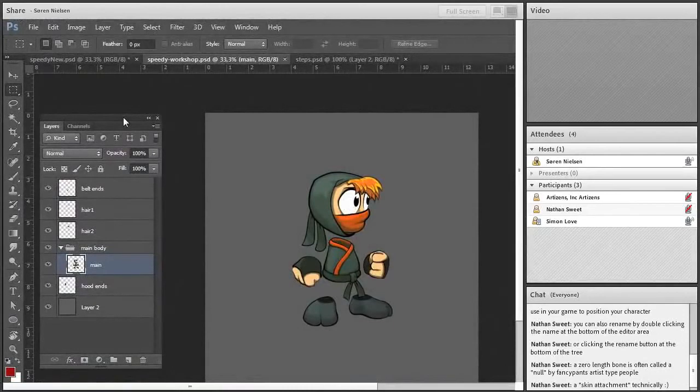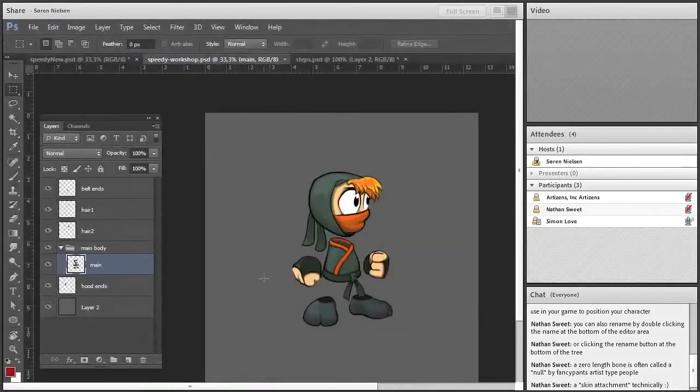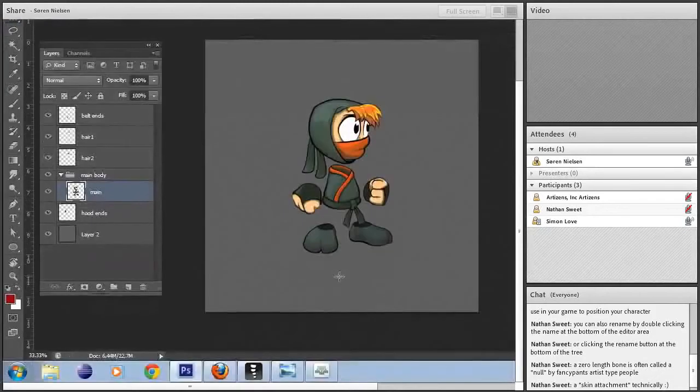So usually I work with a Wacom tablet, and I suggest anyone who wants to do any kind of art to get one of those, because it makes things a lot easier to work with. So usually when you cut out things and